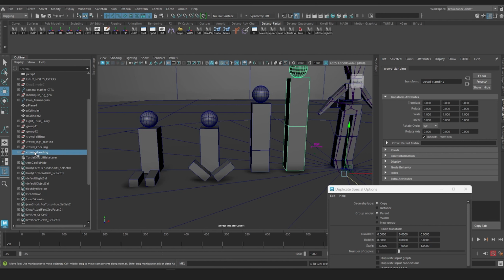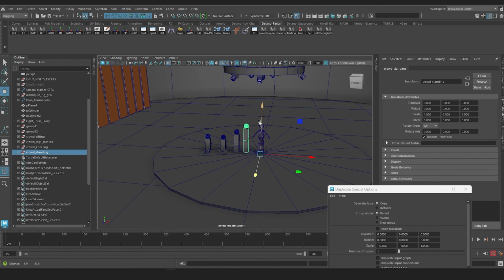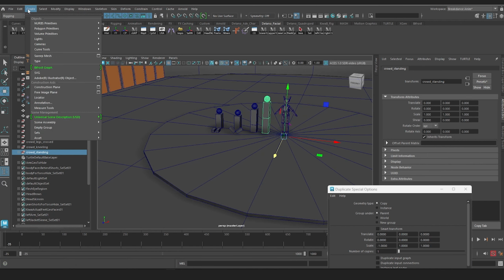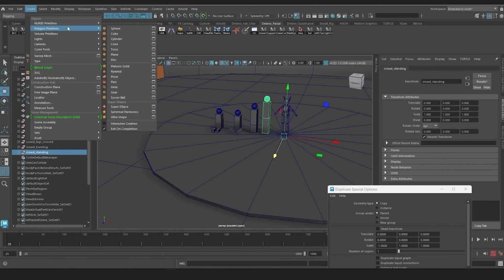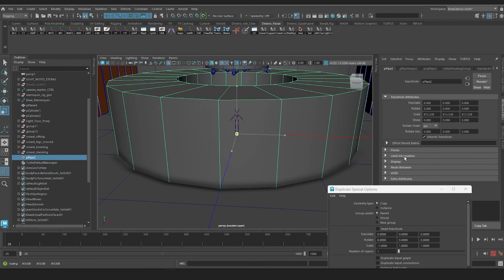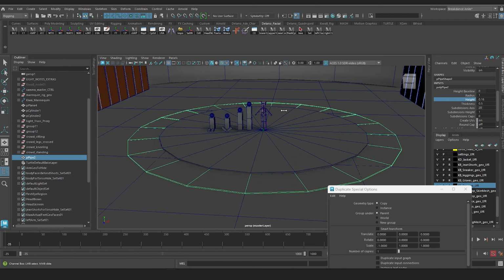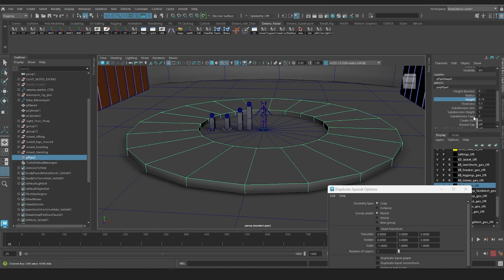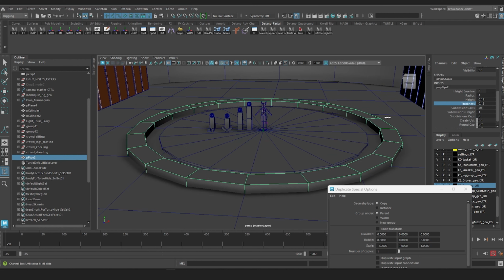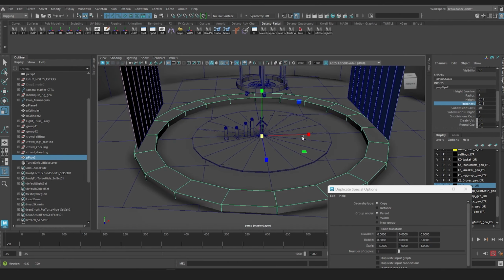And the one thing I forgot to do before we start scattering them is to create the platform that everyone in the background is standing on, in the deep background. So I'm going to go create a polygon pipe. Scale it up again from here. Go to the pipe, change the height, change the thickness, scale it up some more. So it's looking like